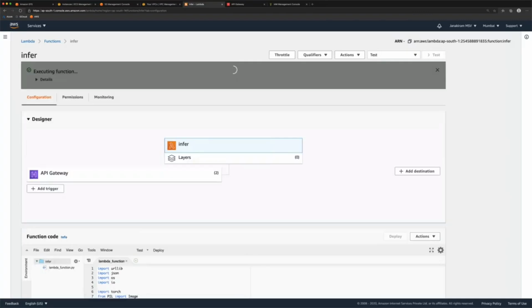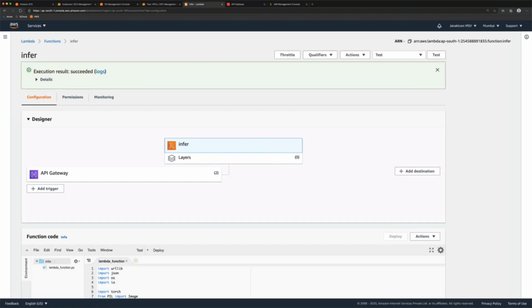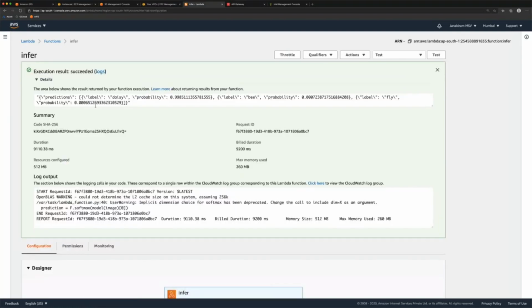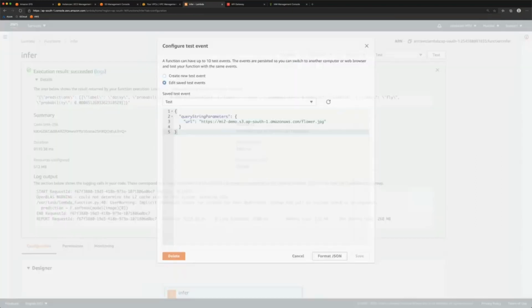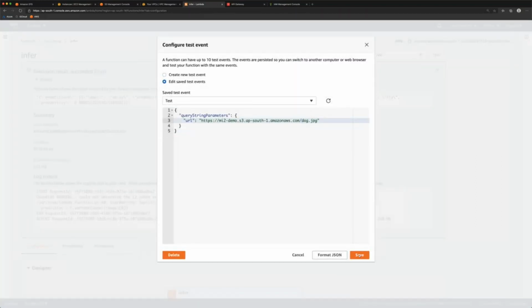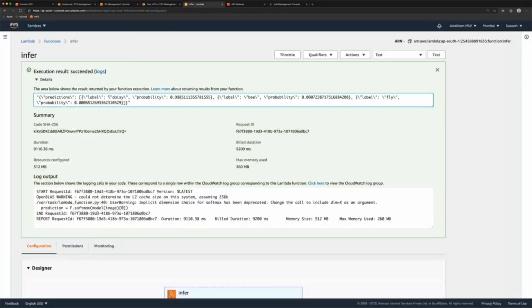Now the first time we run the test, it's going to take a while. That's because the Lambda runtime has to access the EFS file system and then load the PyTorch environment and then load the model along with the labels and perform inference. So it's going to take a few seconds, not really long, but it takes a while. So now I send the flower.jpg. If you actually look at my code, that is flower.jpg, I'm going to change this to dog.jpg. Now you notice that it is coming back with the same JSON response that says the flower is a daisy flower with 99% probability, which is great.